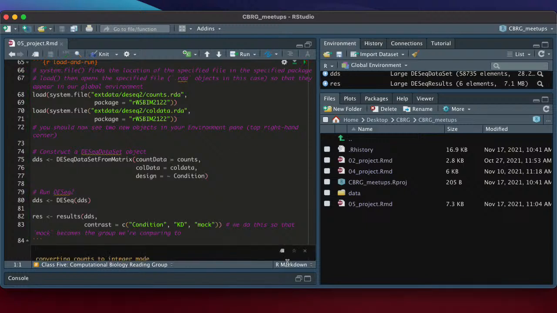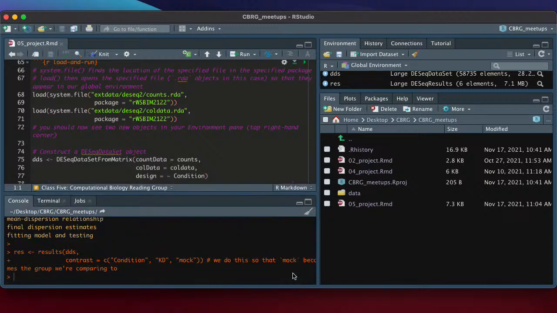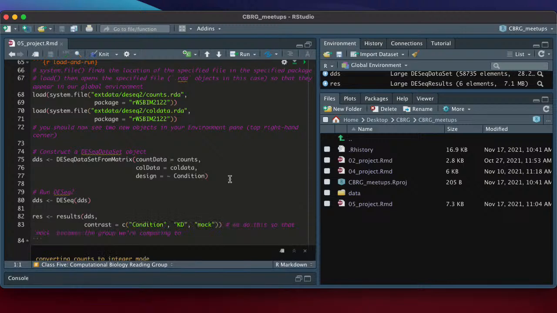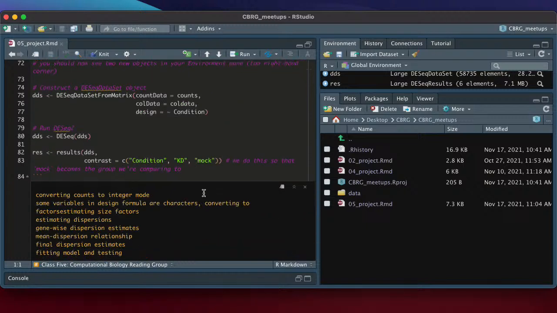And then, wow, I did that really quickly. It performs this DESeq2 differential expression analysis to produce this res object, the object that contains the results of our differential expression analysis. And just to remind you, this was an experiment where they knocked down some gene. I don't know what it was, but they compare the 3 knockdown replicates